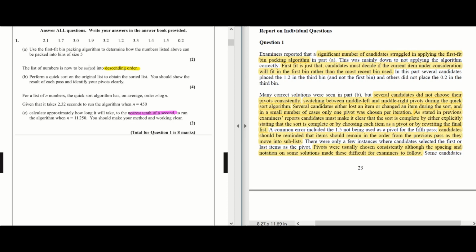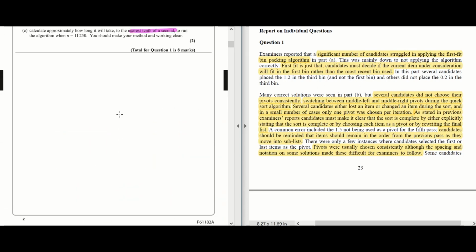Examiner report wise for question 1. For part A, we had to use the first fit bin algorithm. A lot of candidates struggled in applying first fit bin algorithm correctly. First fit is just that. Candidates must decide if the current item under consideration will fit in the first bin rather than the most recent bin used. The next point is quite interesting. Several candidates placed the 1.2 in the third bin and not the first bin. I think because there was some space left, that's why they put it in the third bin rather than the first bin,